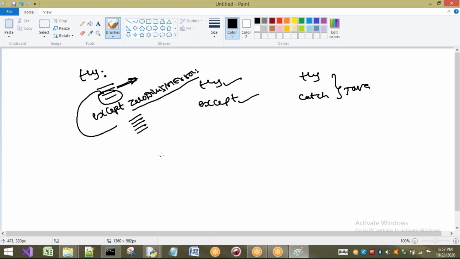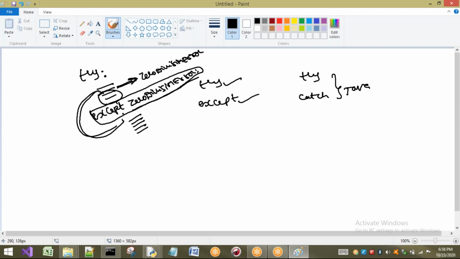Yes, there is. But why are these two lines not executing here? Whenever an exception is raised inside a try block, it will come out of the try block and search for a corresponding except block. Corresponding means here we got zero division error. Is there any handling technique for that zero division error or not? It will check for that. If it is there, it is going to handle it. If it is not written in your program, who is going to handle it? Your default exception handler, that is the PVM, is going to handle it, and it is going to terminate our program abnormally.